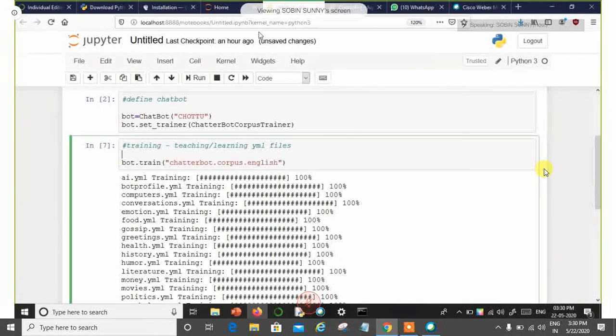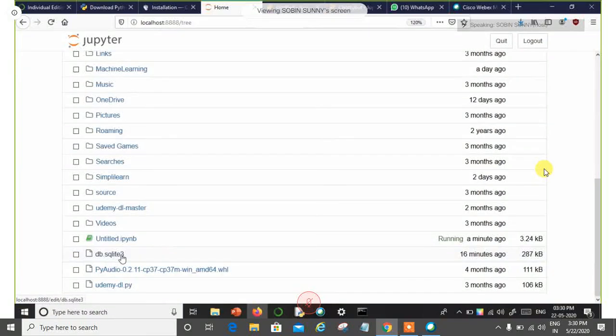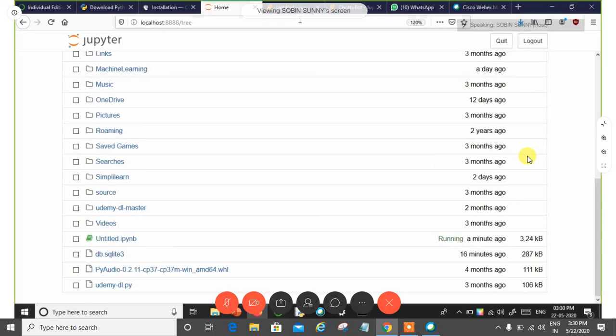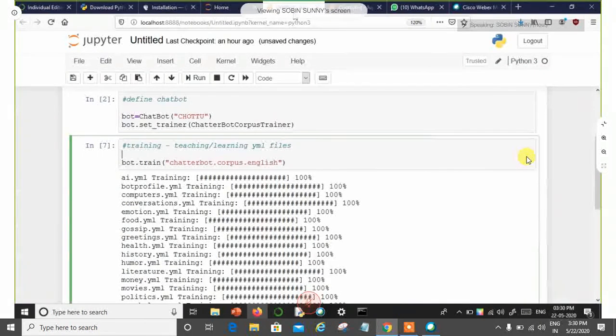You can see the db.sqlite file is there. db.sqlite is nothing but the database, the learned data. This program has already learned from the previous running of this particular line.